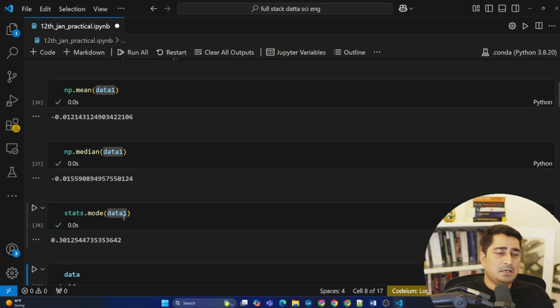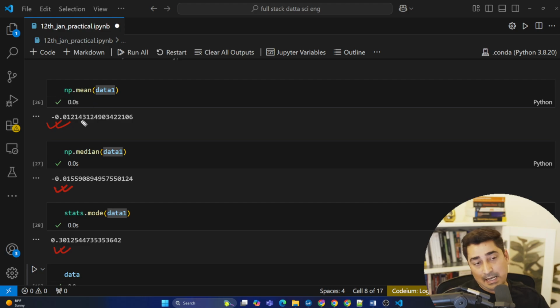So our mean, median and mode. Mean looks like it's close to 0. Median looks close to 0, and even mode is not very far. It's 0.30, which is again close to 0, I would say. So I can't say that this data is in an absolute standard normal distribution form, but it looks like it's close to a standard normal distribution where mu is equal to 0 and standard deviation is equal to 1. Can I make this claim, guys, just by looking into its mean, median, and mode?